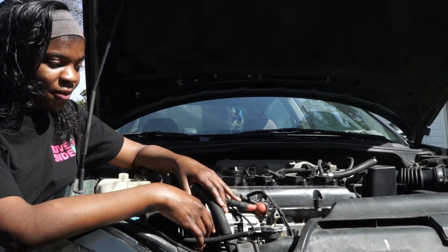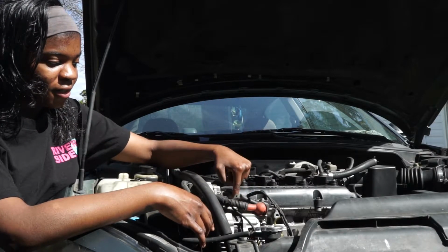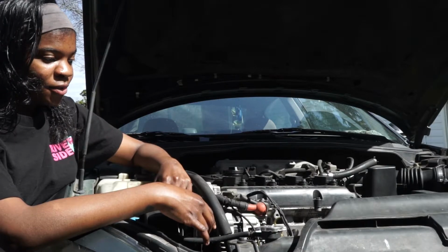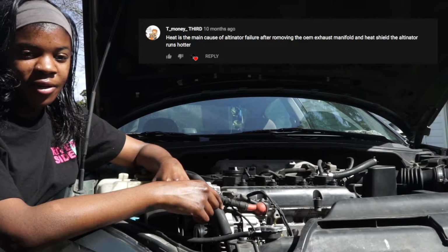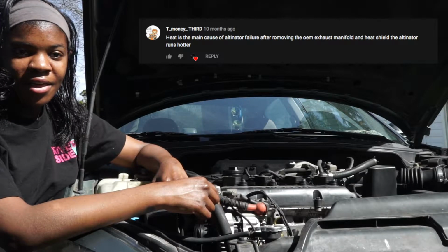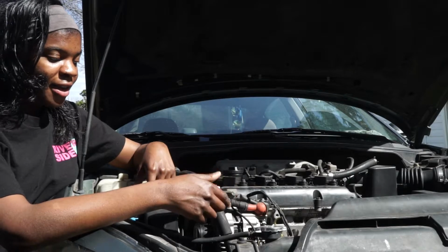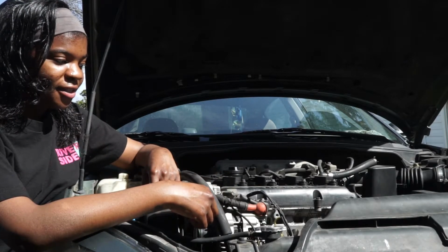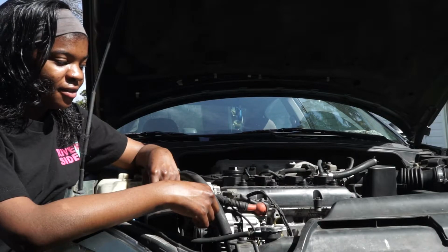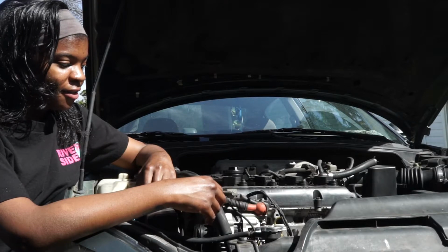So today's video is going to be about this sucker right here, this alternator. It was recommended to me by a YouTuber. He had commented on my past video, because I had stated that I keep going through alternators all the time, and he or she said that because of